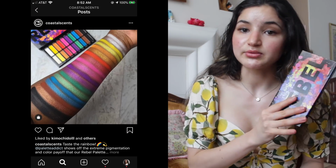But overall, I really enjoy this palette, and this is my recommendation if you're wanting brights underneath $20. It doesn't necessarily eclipse my James Charles palette, but it's a lot more affordable than that. And then next up,